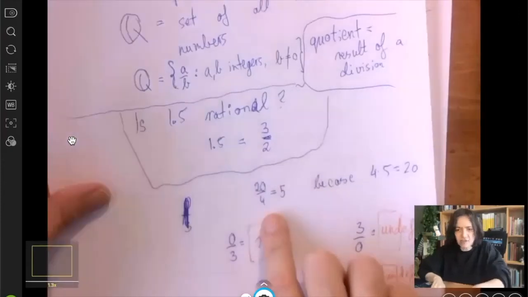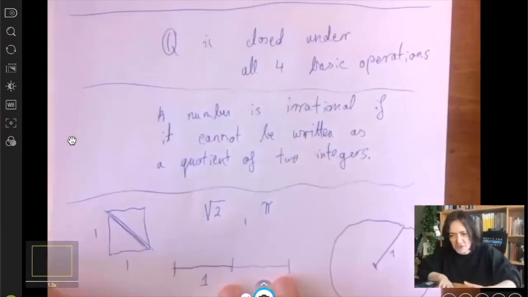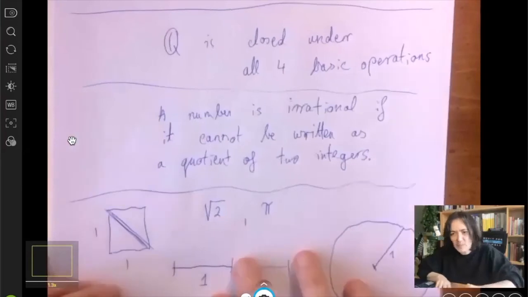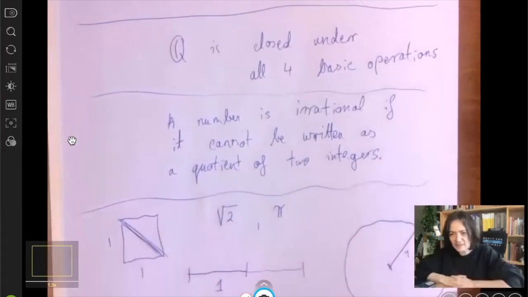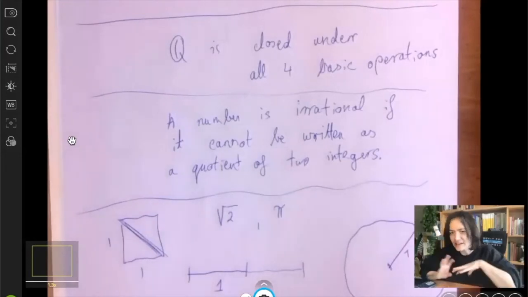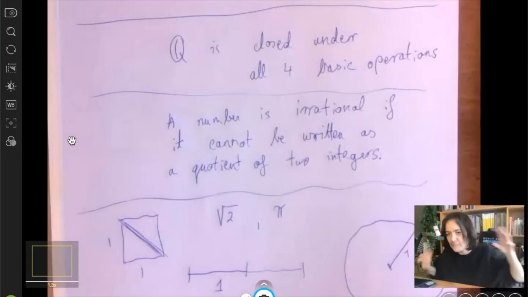Now, proving that something is irrational is harder because, well, what does it mean, irrational? It means you cannot write it as a quotient of 2 integers, right? Well, if you say, well, I tried for hours, but I couldn't, that's not going to cut it, because what if you just tried 5 more minutes and you bumped into it, right? Somehow we have to show that no 2 numbers, if you divide, will give you square root of 2. And that's a much harder